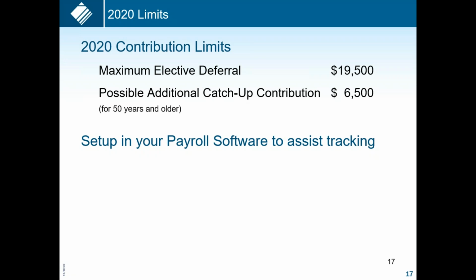It is also important to make sure deferrals are then made to the plan in a timely manner. The DOL rule is contributions should be made within 7 days of a pay period, but if you normally make them within 2 or 3, then they would be considered late on day 4. Most payroll systems have a feature that allows you to track contribution limits for employees to notify you in order to prevent over-deferring.